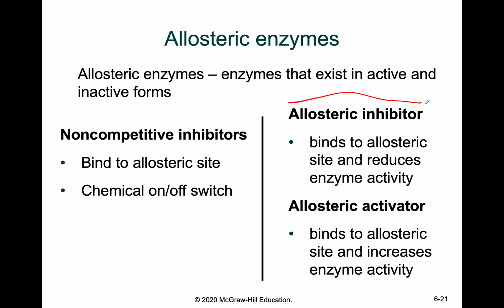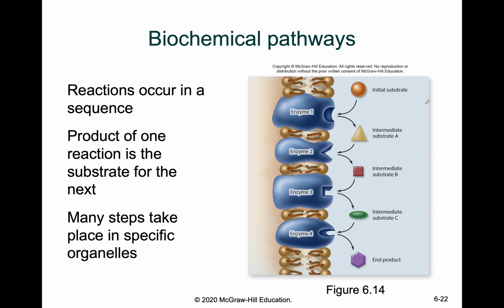Now you may ask, why is this important? Why do we care? In isolation, you take sucrose, you put it in a vial with sucrase, it generates your fructose and glucose, and you're good. But in biology, we care about regulating and fine-tuning that process, right? We care about the biochemical pathways. So let's look at, for example, a biochemical pathway within an example cell.